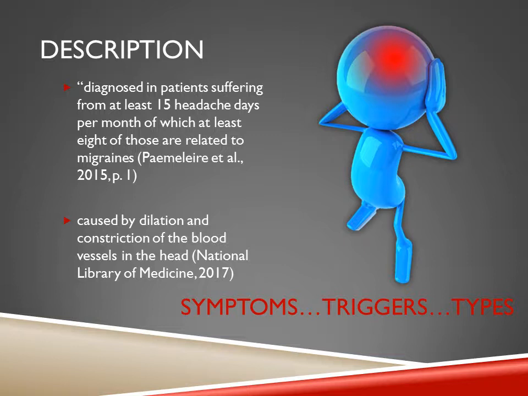What is basically known about migraines is that they are attacks that begin in the brain and involve nerve pathways and chemicals that can affect blood flow in the brain and surrounding tissues.